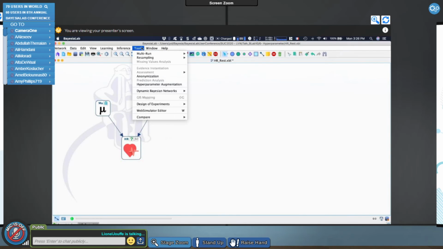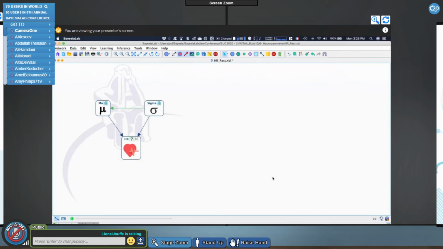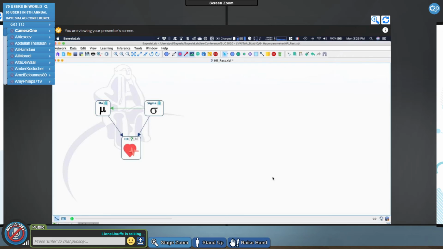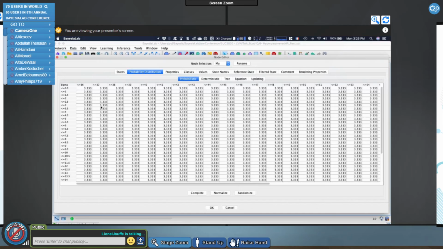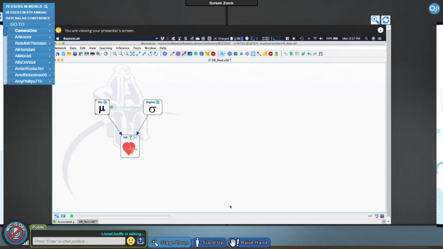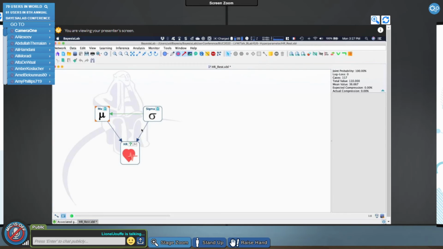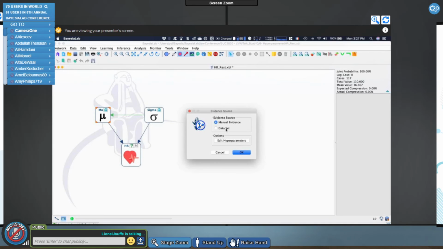So this is the same story as the one for the dynamic Bayesian network. I need to go to tools and do the augmentation. This had to be done manually before. Now BayesiaLab analyzes this dependency and adds the link that has to be added. And here, we are just creating a table that is uniformly distributed. This is just to be able to capture this dependency, but we still have, at time step zero, the two hyperparameters independent, right? And now, if I go back here, I can choose my hyperparameter updating using the data set.